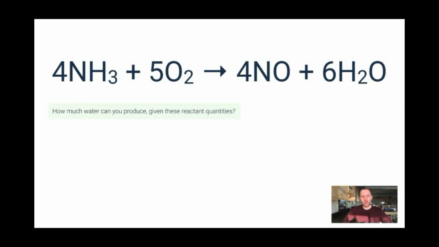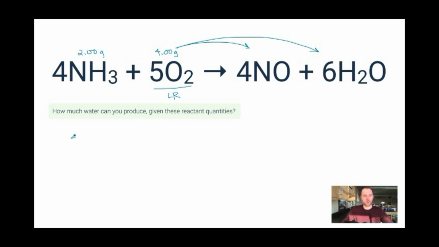It says, how much water can you produce given these reactant quantities? So I had 2 grams of this and 4 grams of this, and I was able to determine that this was my limiting reactant, LR for limiting reactant. If it's asking how much of a product you can make, and you're aware of which reactant is the limiting reactant, you want to calculate how much of the products you can make from the limiting reactant, not from the excess reactant. Here's why. The limiting reactant is going to run out and limit how much of the products you